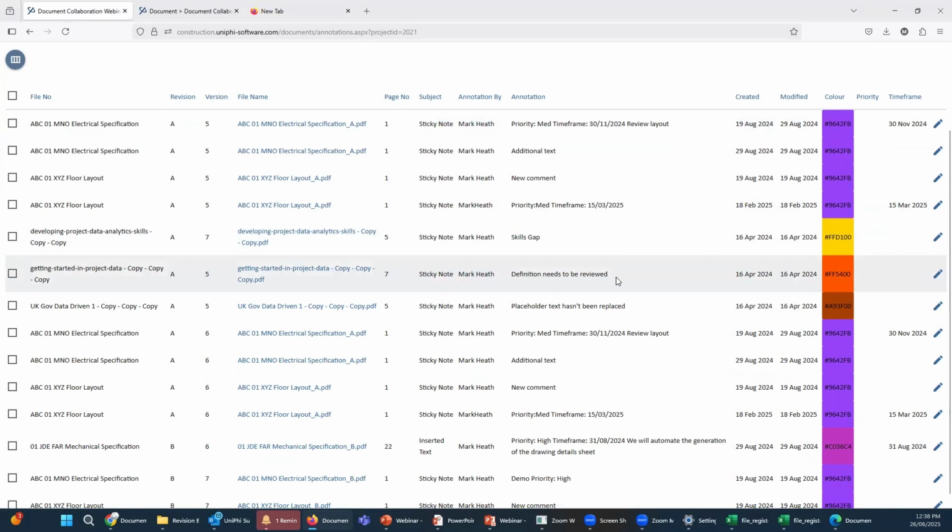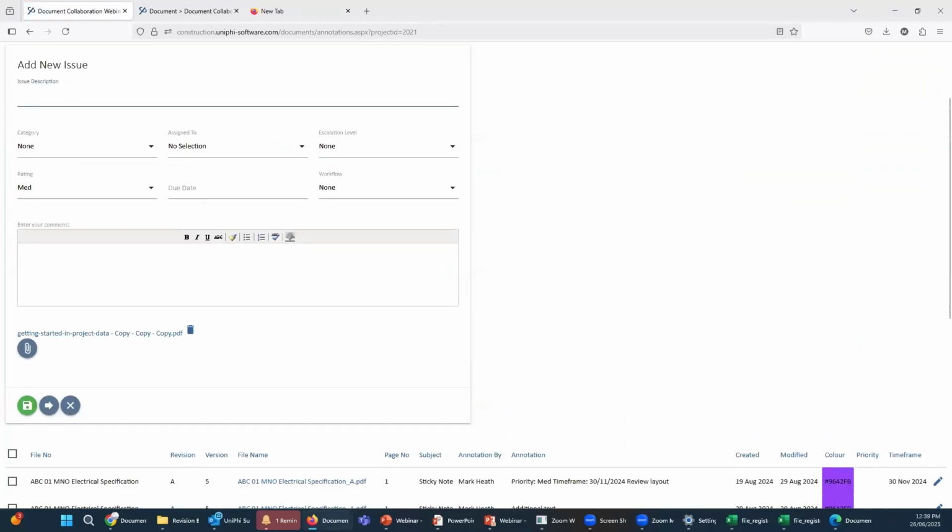So what we've seen is Excel spreadsheets that are tracking this, and they'll have comments in the Excel spreadsheet with the reference of the file. And then they'll have things in there like such and such to do something by a certain date in the spreadsheet in the cell. So the way we're enhancing that is you'll see that definitions need to be reviewed is a comment against this particular PDF. I can tick the box here, click the wrench, create the issue,